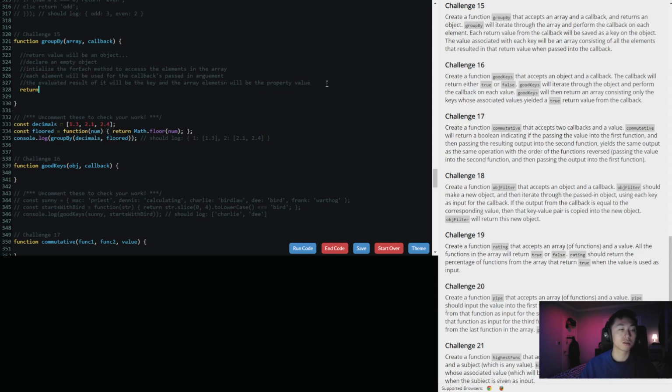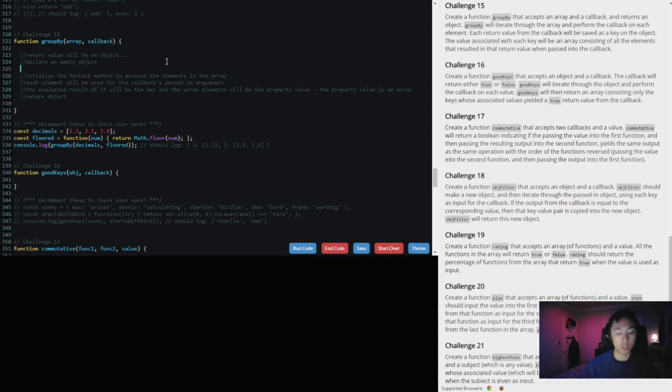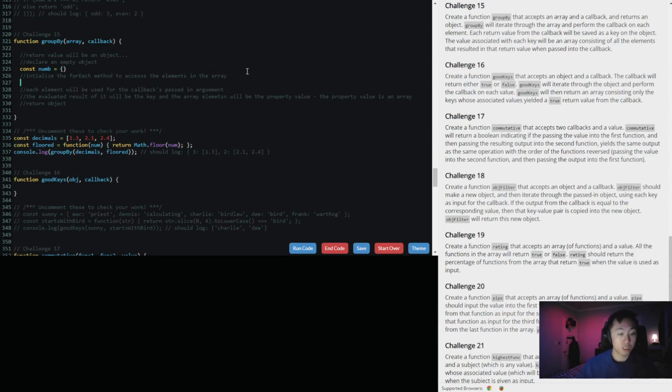Return object. So, and I want to mention that the property value is an array. Okay, so let's declare an empty object. So const num equal to an empty object, and we're going to initialize it, right? So forEach function element,